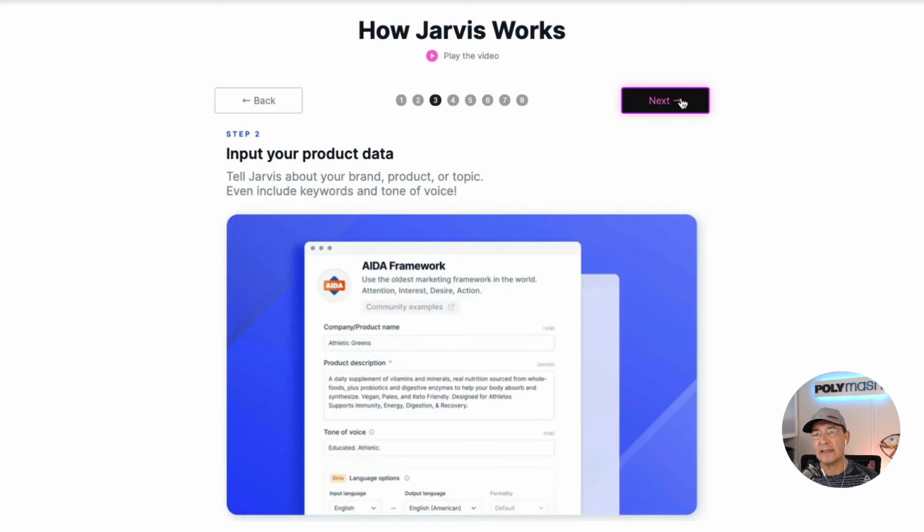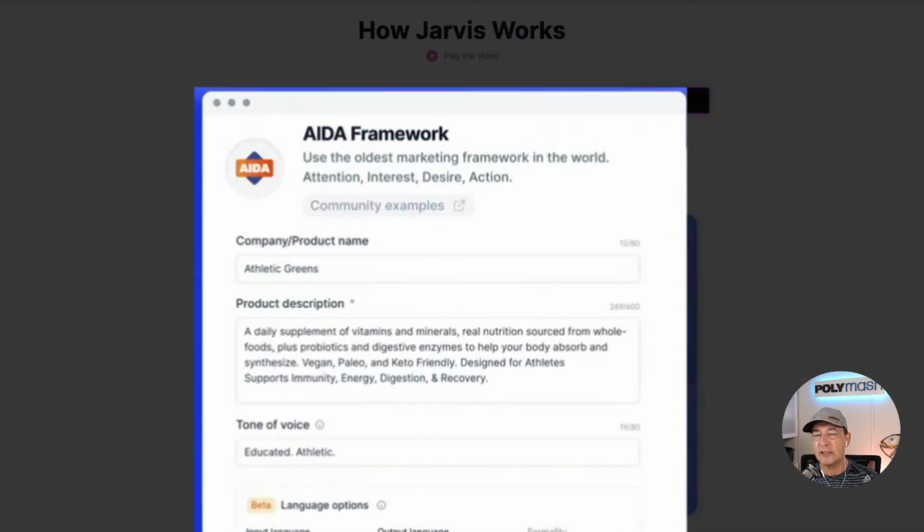There's a part that is actually you as a user needing to collaborate, if you will, with the AI. It requires some input. You have to tell it about your brand, your podcast, your topic, your business. And it can even accept the tone of voice that you want to use in the output. Usually the workflow is that you select one of the skills that Jarvis collaborates with you on, and then you have to tell it something about what it is that you want. What's your business about, and what is a description of what you might like. And you'll see that in a minute.